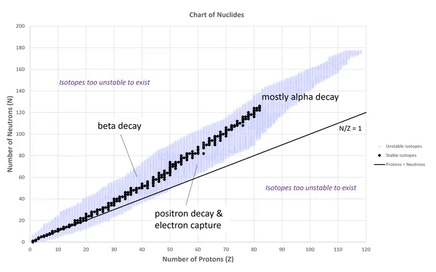In this video, we will learn how to use the chart of nuclides to help us make some predictions about an isotope's stability. The chart of nuclides is a plot of the number of neutrons versus the number of protons. And when all of the known isotopes are plotted, a pattern emerges.